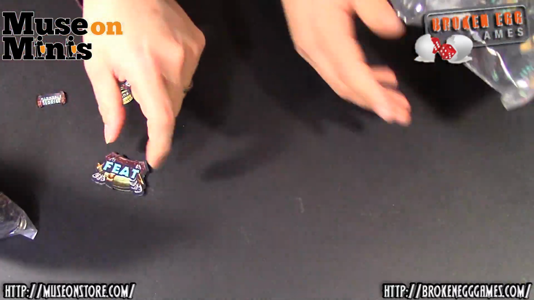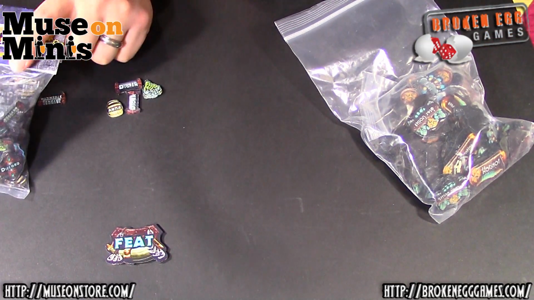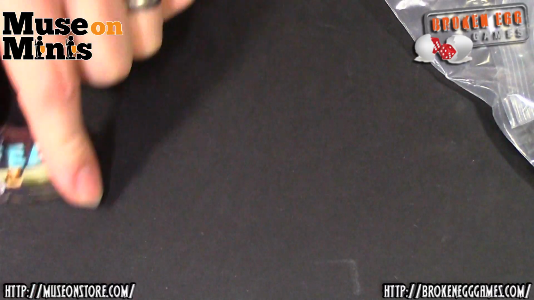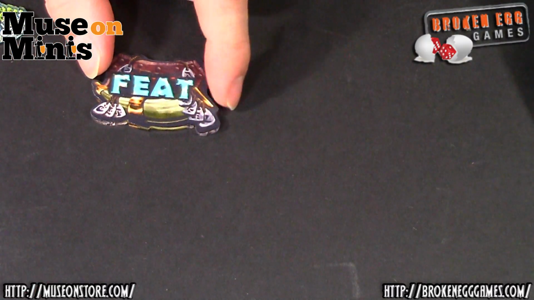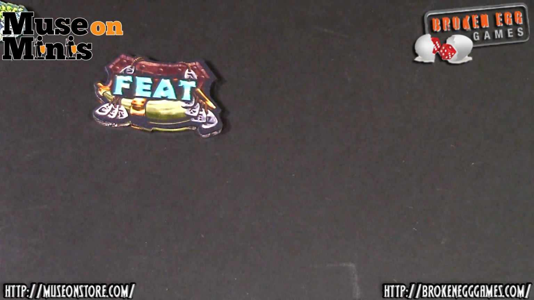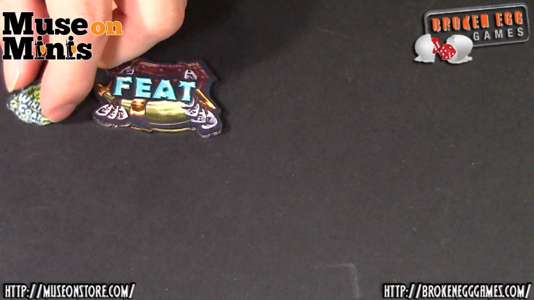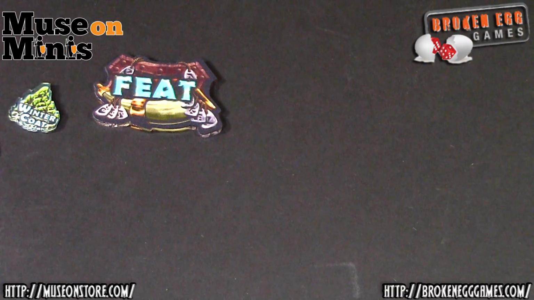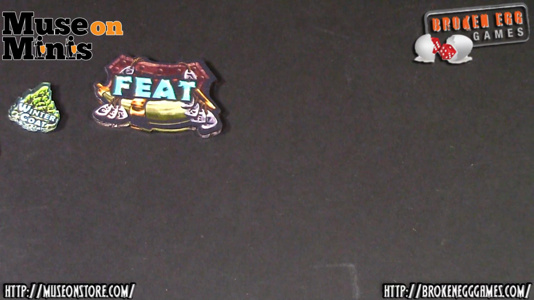So let's pull these out, get rid of this stuff, and we're going to bring the camera a little bit closer so that you can see. Grab the feet token out of here. And we're just going to pull a few so that you all can see it. So as you're pulling these out of the bags, what are your thoughts? Well, my first thought is